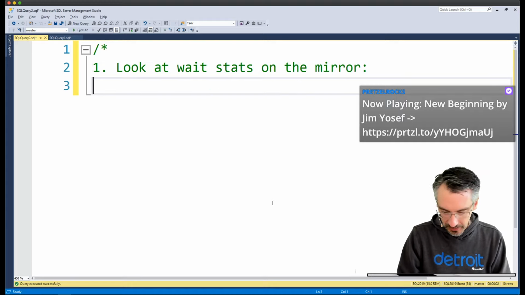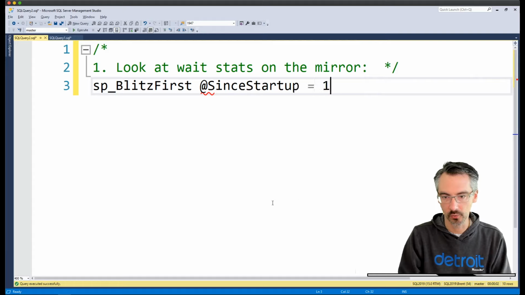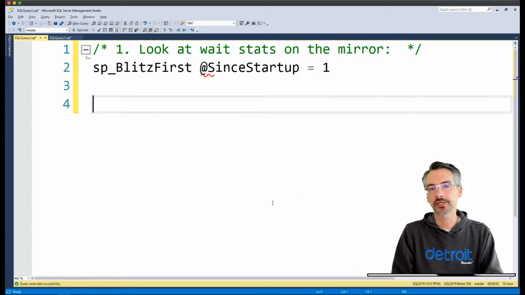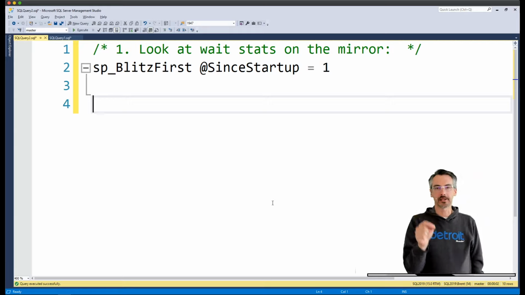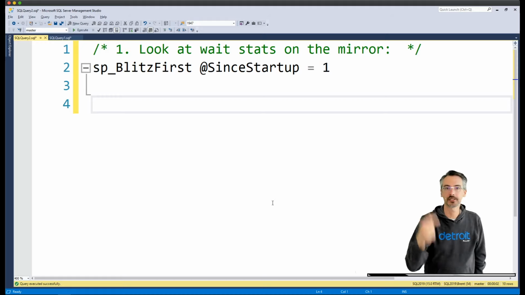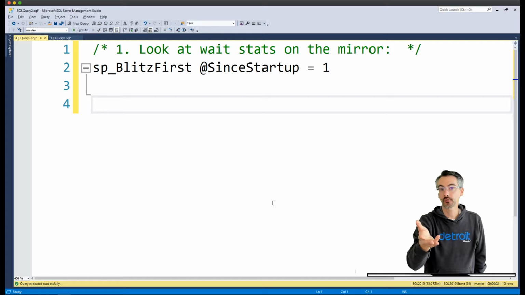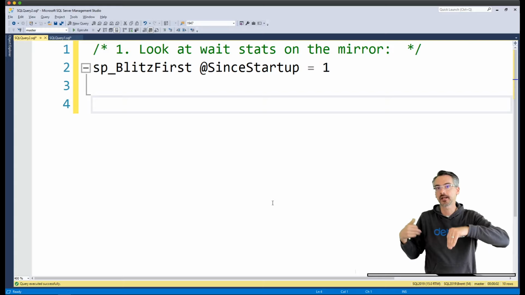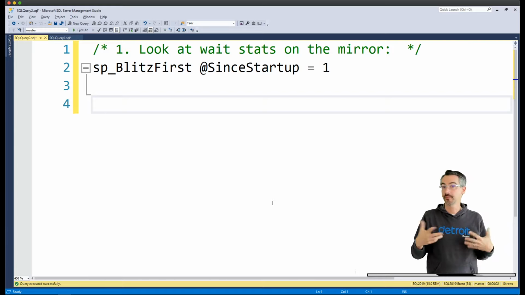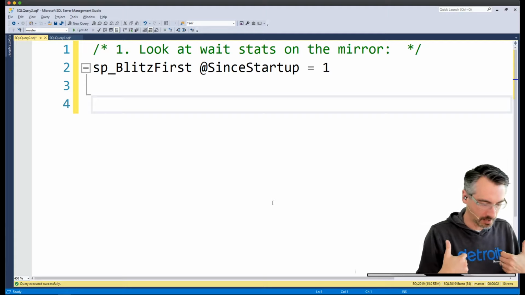So you're going to do the exact same thing that you've been doing on the primary, but you just go over on the secondary and you go run this, since startup equals 1. What you're looking for, and don't paste it in again, just because, of course, I want to hit as many people as I can out of here. What you're looking for is, is that secondary writing to disk as quickly as it can, or is there something else going on? If you find out that write log on the secondary is like 100 milliseconds long, that's because the secondary has really crappy storage. What you may consider doing is moving the secondary to be much faster local solid state, for example.